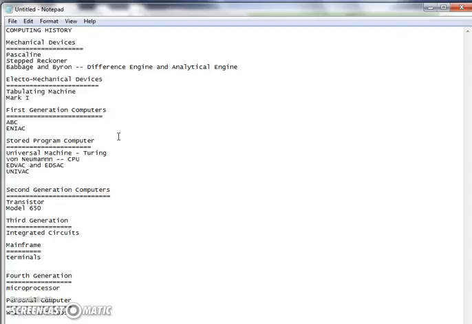So from there, in June of 1943, we have another first-generation computer, the ENIAC, the Electronic Numerical Integration and Calculator, which was actually a secret military project during World War II that they put together to help calculate the trajectory of artillery shells. So originally we had devices where they were trying to calculate shipping tables. Then we move into World War II and they needed to calculate accurately the trajectory of artillery shells because, again,